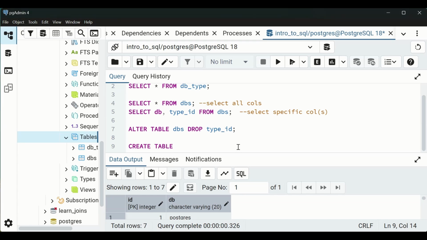Then in a final table that we can call company stack, we now have the company ID, the DB ID, and the type ID, right? So have it connected,